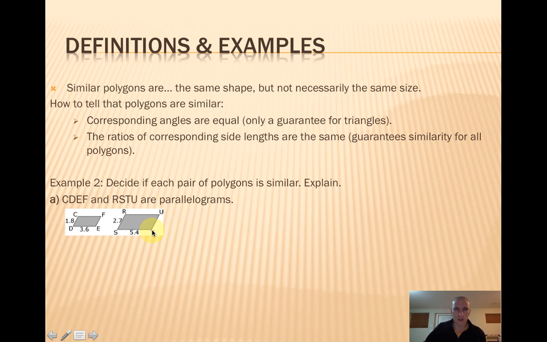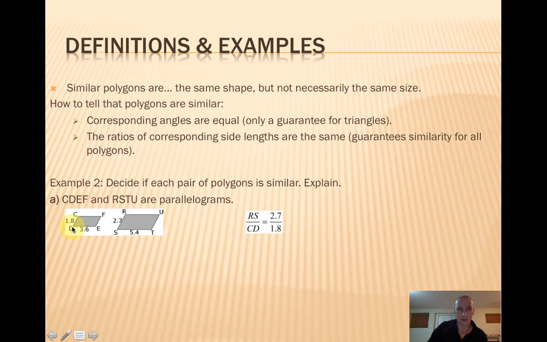So let's see if we can determine whether these two are similar. I mean, they're definitely the same kind of shape. They're both quadrilaterals and they're both parallelograms, but we're not really given the measure of any angles in here. We could measure the angles, but that's a little bit of trouble. Why don't we just use the given information, which is about the side lengths. So if we compare corresponding side lengths, I'm going to compare the shorter side of this parallelogram with the shorter